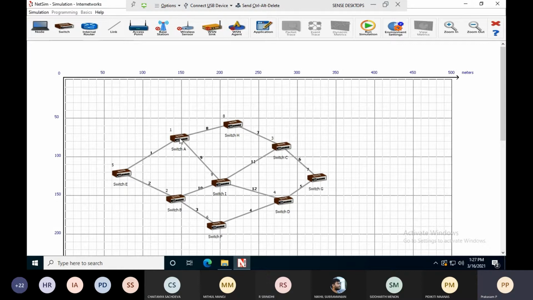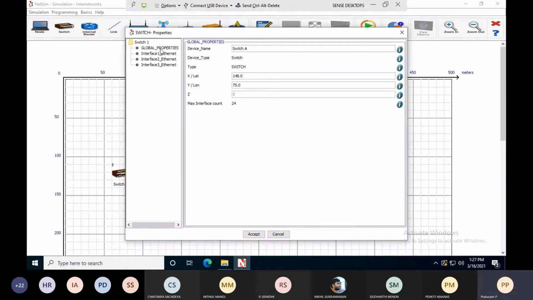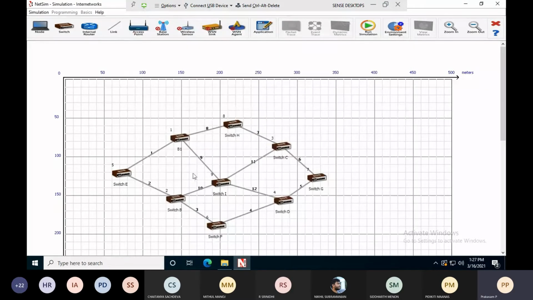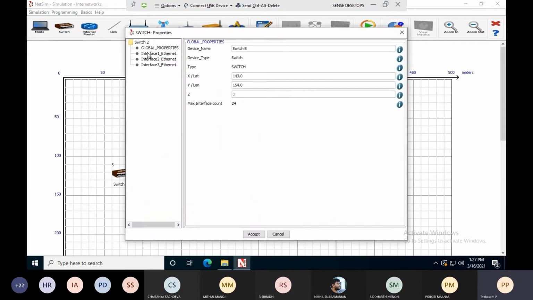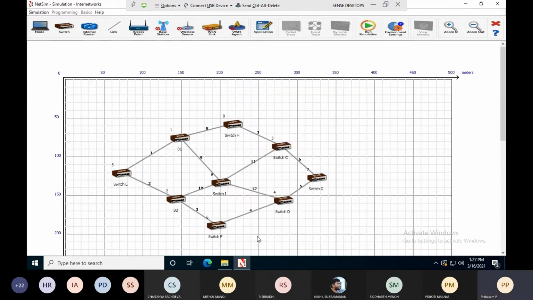Rename. Right click switch A, go to properties, select global properties. You can rename as bridge 1, so B1. Accept. You see here now the name has been renamed as B1. Then switch B, properties, global properties, rename it as B2. Accept.